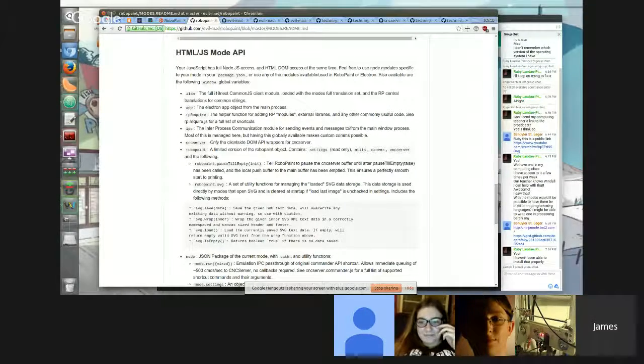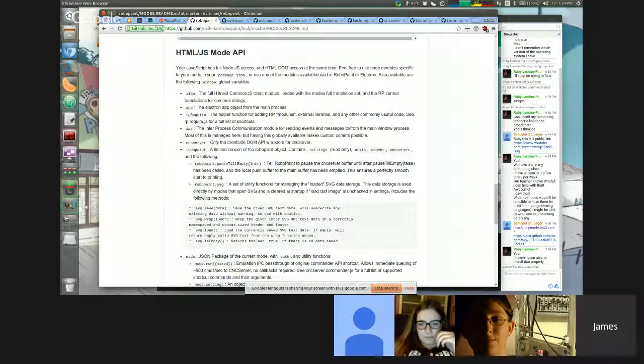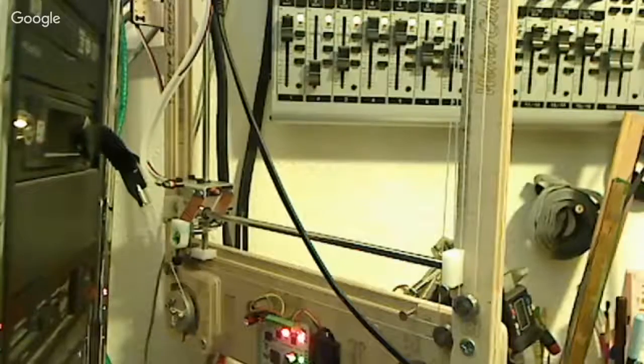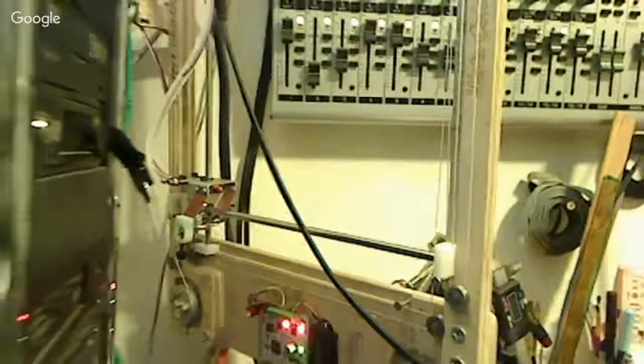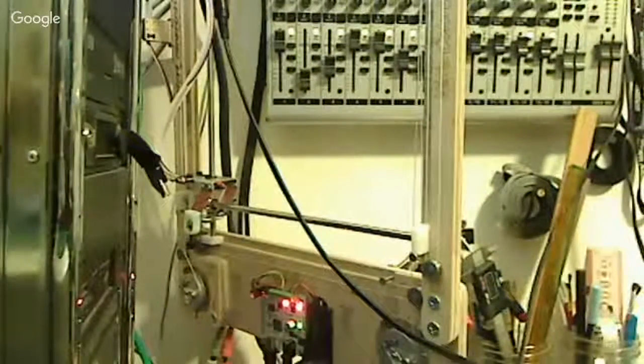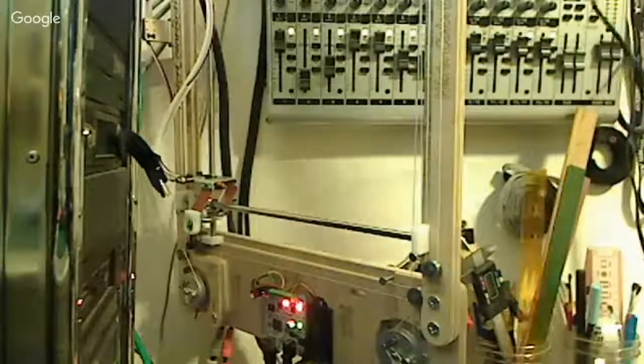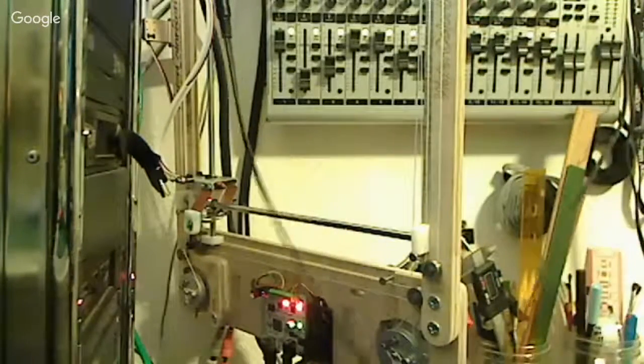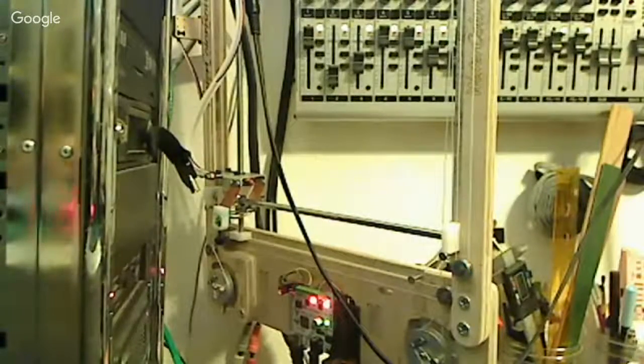All right, so I'm going to set this as present to everyone. I think that'll work. So there is my watercolor bot set up in a vertical position because I just don't have enough room on my desk right now. I wish I could put this in a little window or something.